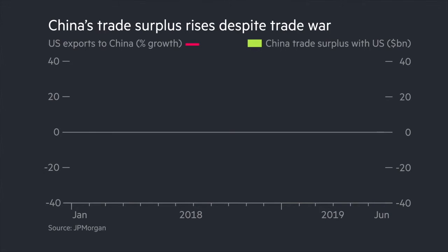Similarly, countries such as Germany, Spain, and Canada are likely to make up for any shortfall in pork imports. In summary, if we look at the numbers alone, it is very difficult to make the argument that the US is winning. In the year up to the end of June, US exports to China slumped 33 billion, or 21%. Chinese exports to the US, by contrast, actually grew a little, rising 1%, or 4 billion.